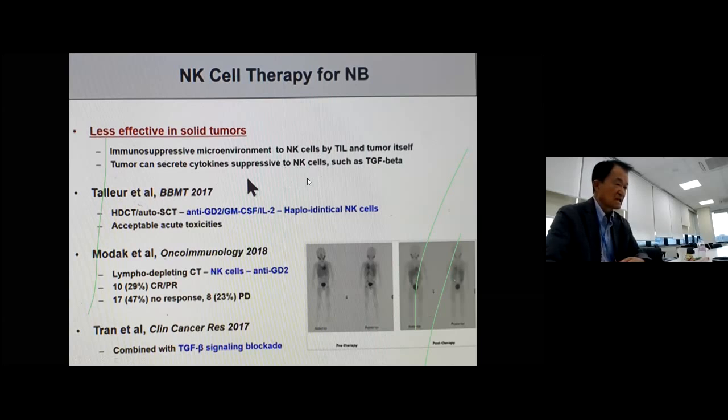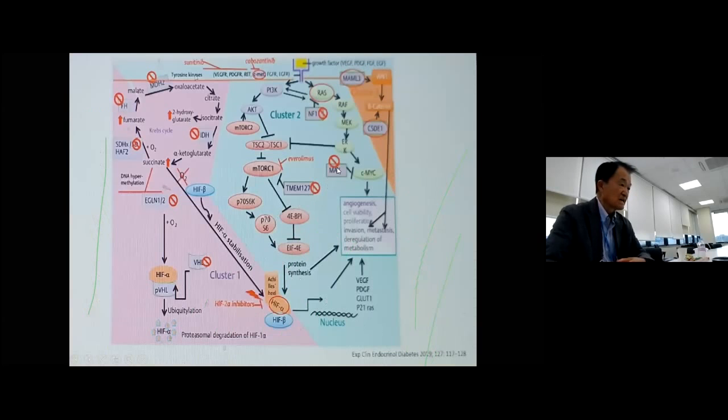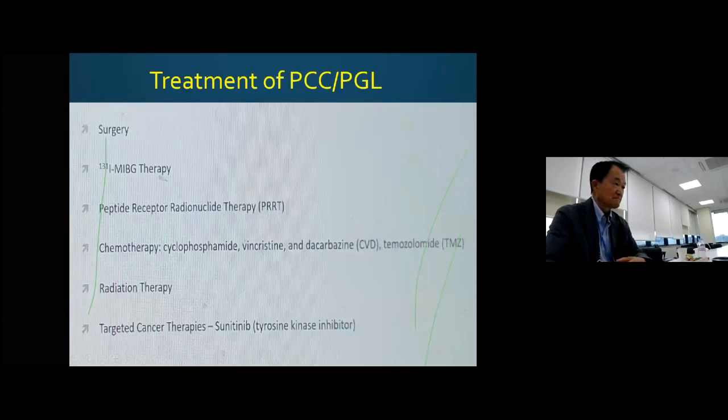Using T cells, there's a lot of graft versus host complications, but NK cells have much less. So they use them in a lot of these trials to see any response. And there are a lot of complicated mechanistic things involving multiple factors.